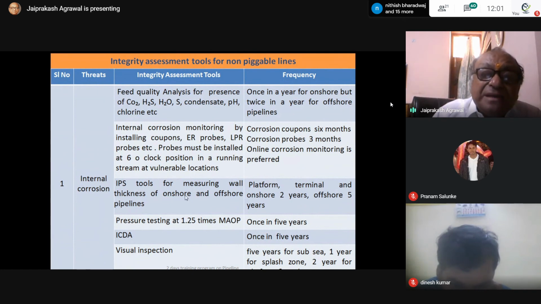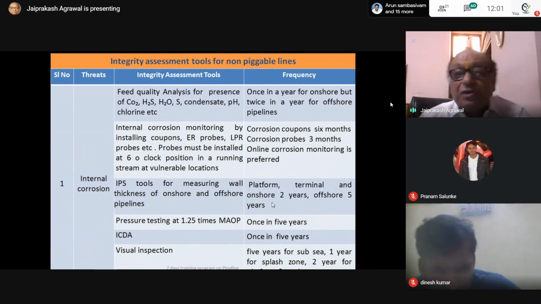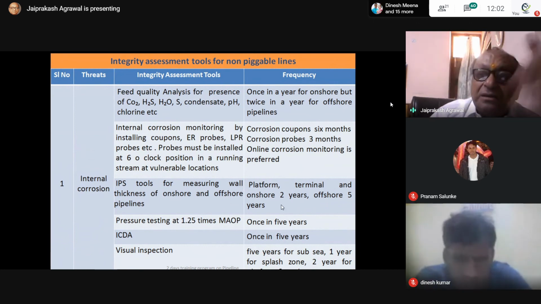Then there are the IPS tools for measuring wall thickness of onshore and offshore pipelines. These are special tools where you can measure the wall thickness. For platform, terminal, and onshore it is 2 years, and offshore is 5 years because it is difficult to measure in the subsea pipelines.